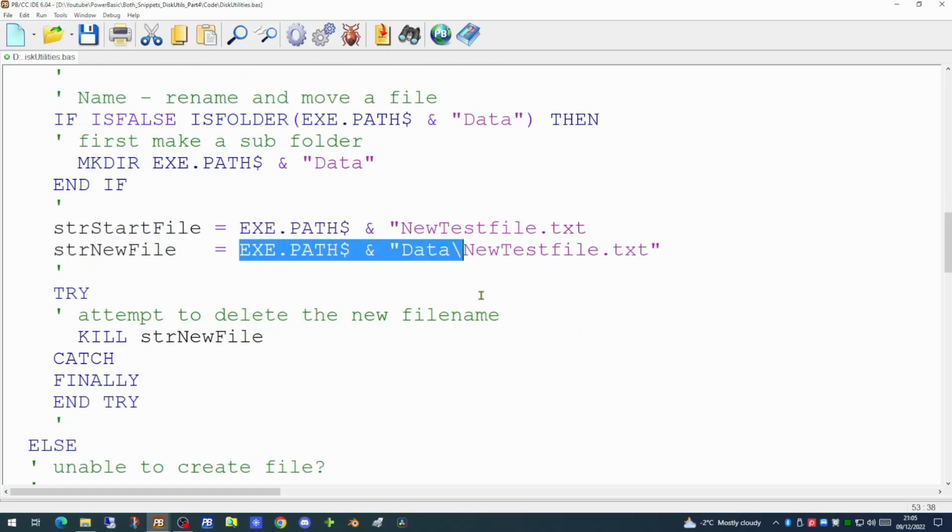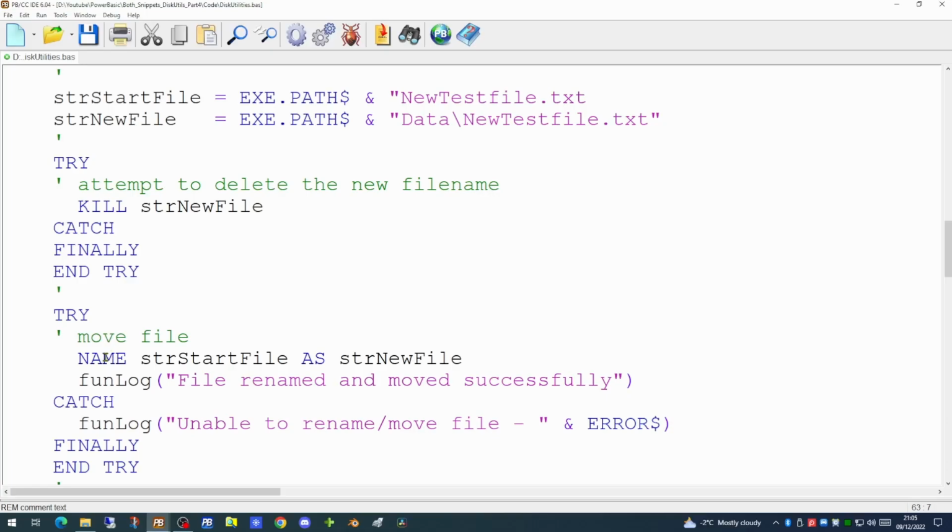So as we did before, we're going to use a try-catch block to attempt to erase a file of that name in that folder. So now we're going to use the name command again with its 2 parameters, the start file, which is the new testfile.txt, and the new file, which is the same file name but in the data folder.